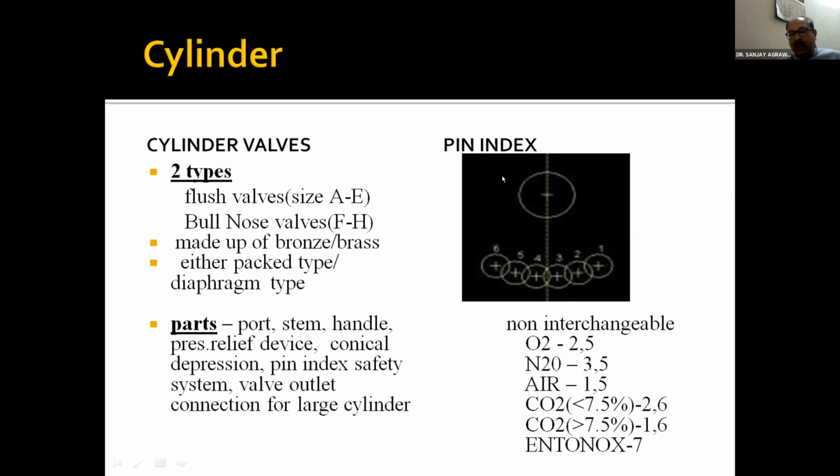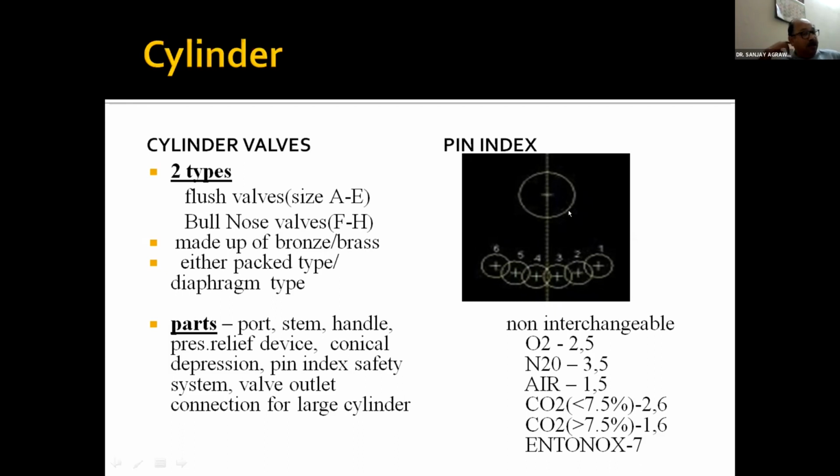Another important thing that is usually asked is what is a pin index system and how do we make a pin index system. From the center of the nipple, a small circle is drawn at the radius of 1 by 16 inch, and on that, every 14 degrees to each other, an angle is cut, and because of these angles it is named in a different shape. The center one comes down to 0, and right from here it is 1, 2, 3, and 4, 5, 6. So the angle between the two points is 14 degrees, and this is the radius which is there.